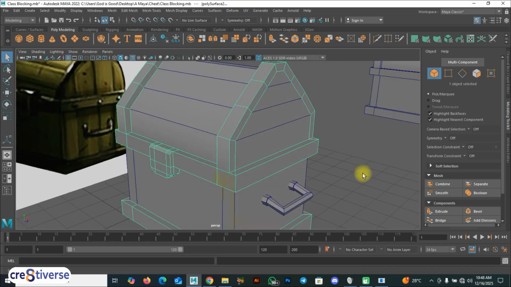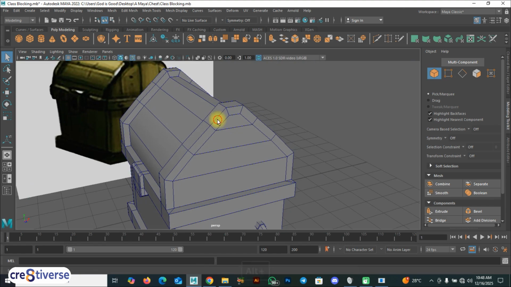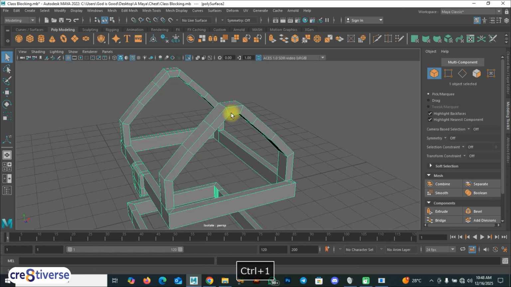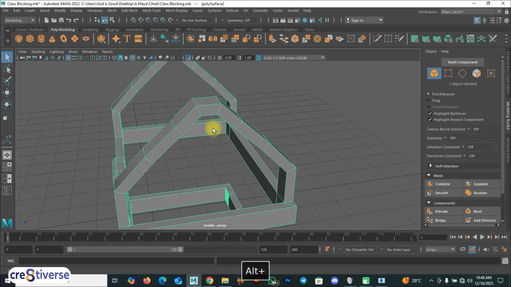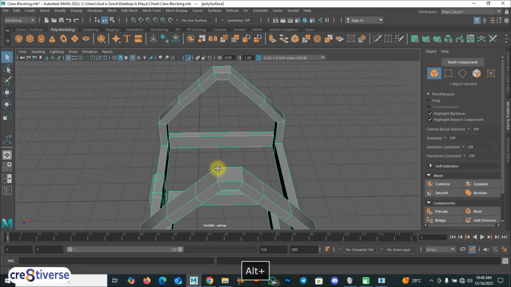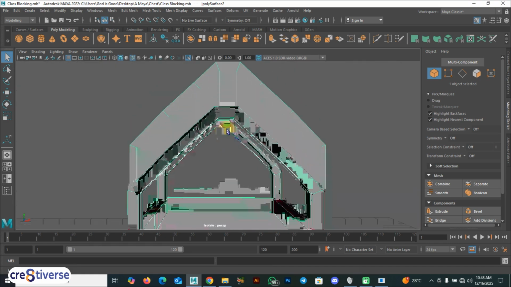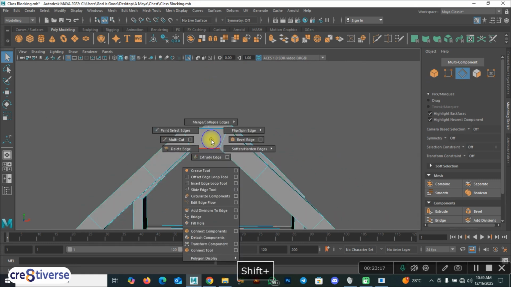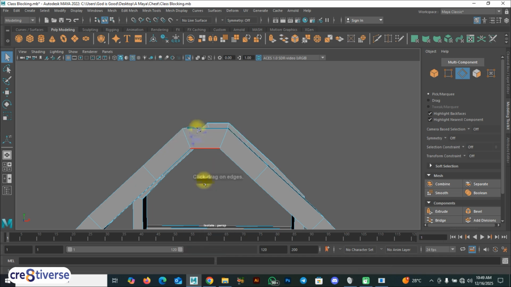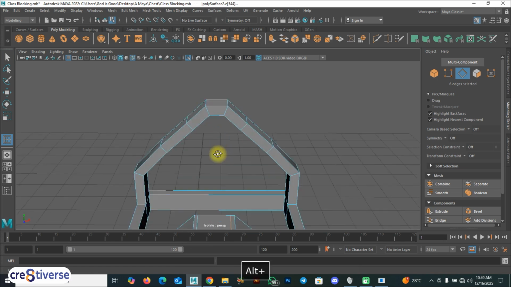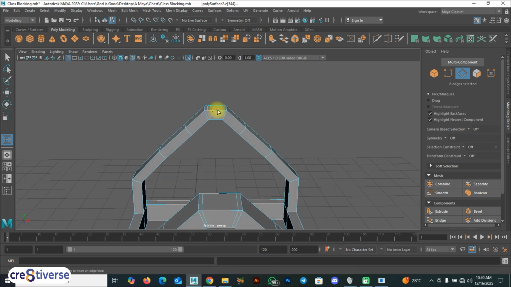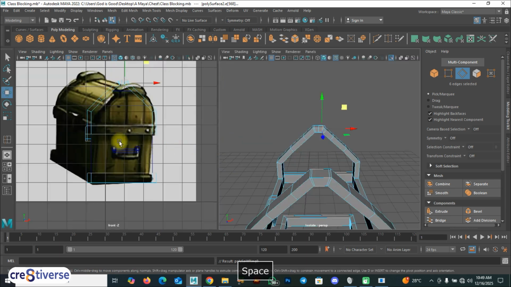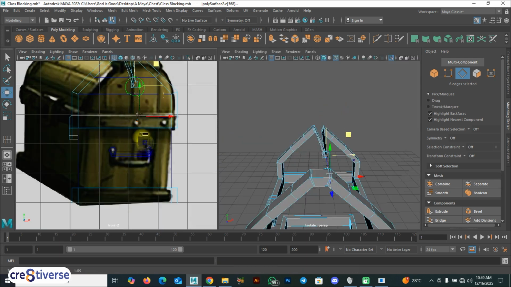Okay, so the next thing is I could decide to come in here and see what I can do. I think here it's already so small, but let's add edge loops, maybe somewhere here, one here and another here. Same thing with this, one here, another here. Okay, then hit my W, come into this,